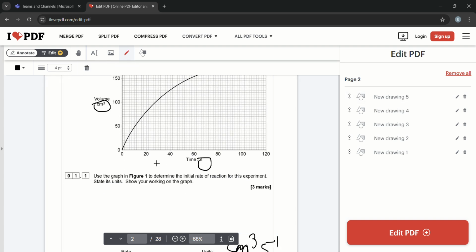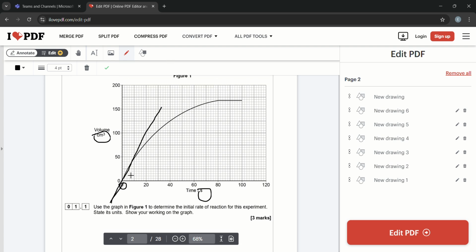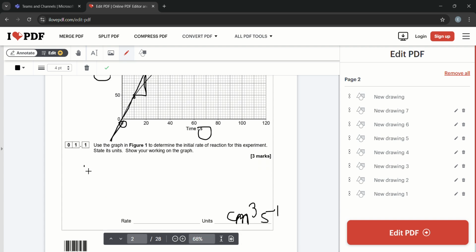So the initial rate of reaction is when it's going to be here, right? So what we need to do is draw a tangent to the curve at 0, 0. Obviously I don't have a ruler on here, but it should be a straight line. Tangent drawn to the curve at 0, 0, and then we can pick 2 points. So I'll pick this point and this point, and you know that triangle idea. And to find out the gradient,